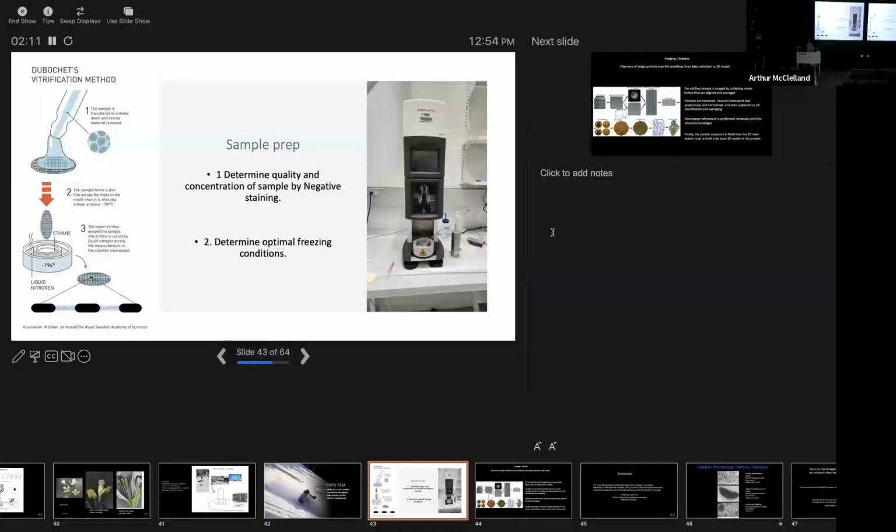You want it to probably be 10 times as concentrated for cryo-TEM than it would be for negative staining. You're going to put a drop on a grid and then in a controlled manner in the Vitrobot, you're going to blot it dry, drop punch freeze it, transfer it into a grid box, which then can be transferred into the microscope. So it's rapid fixation of hydrated samples. You're going to be looking at the sample basically in vitrified ice, which is ice with no crystals, and hopefully it's a monolayer of those particles.